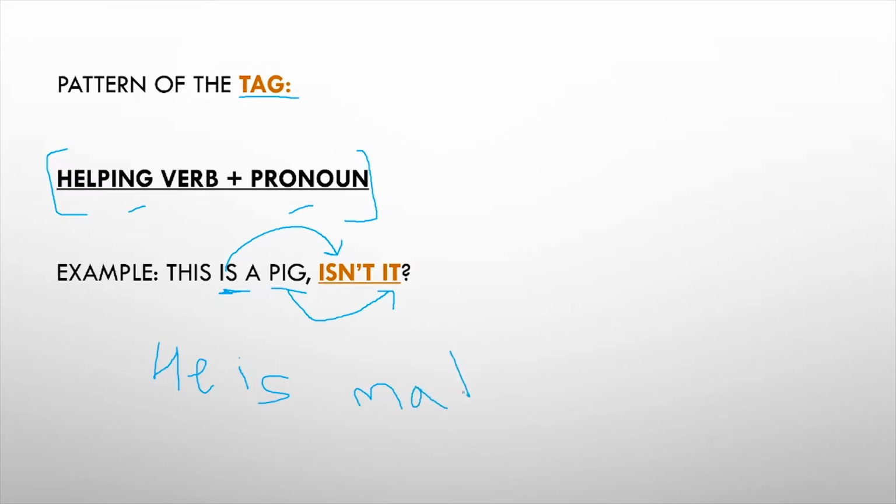If I say he is mad, comma, my tag will be isn't he. My tag will be isn't, and this is my pronoun, so I will use he here. Isn't he? Okay? Now remember one more thing. Instead of he, if in my statement I write a name,